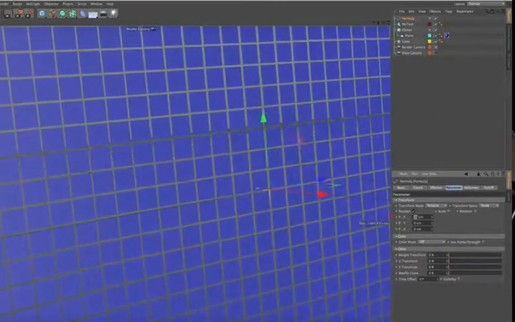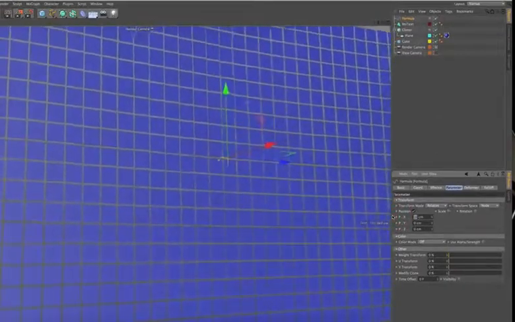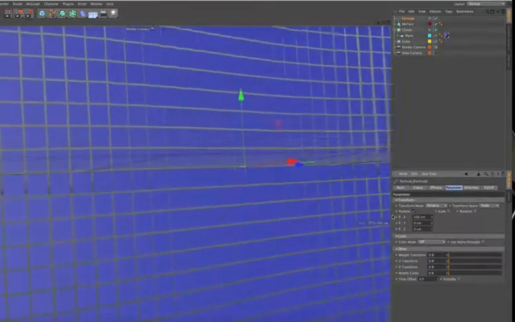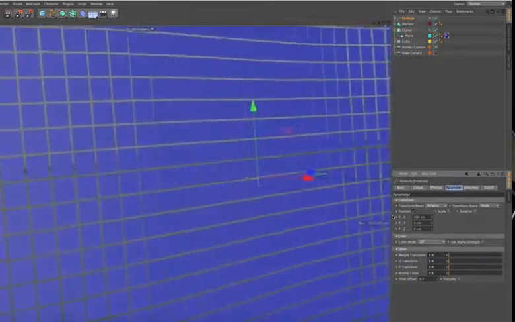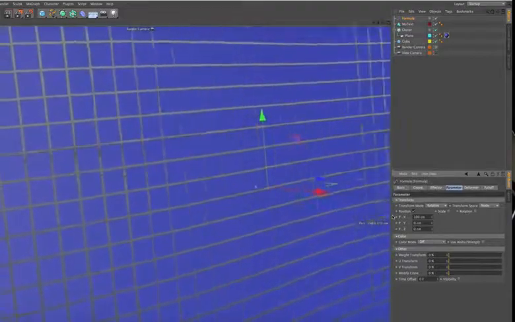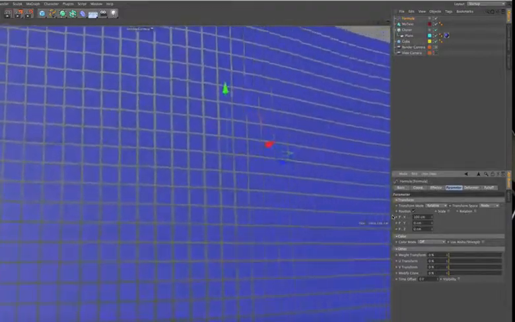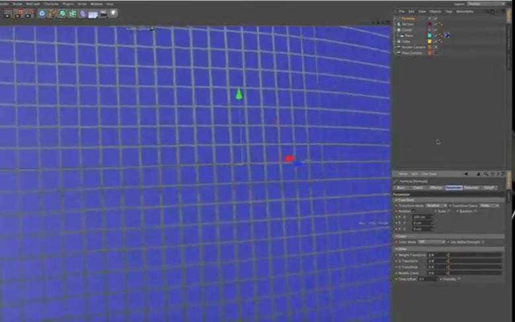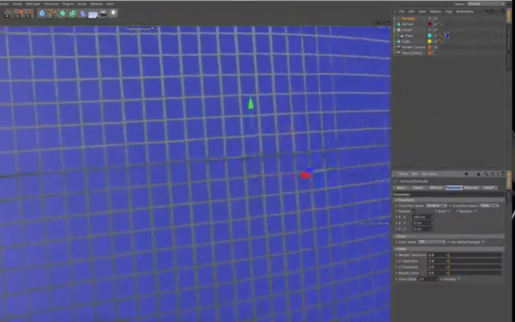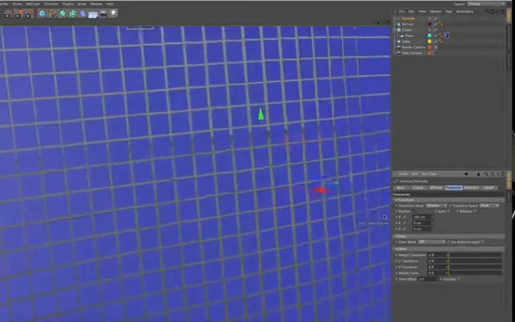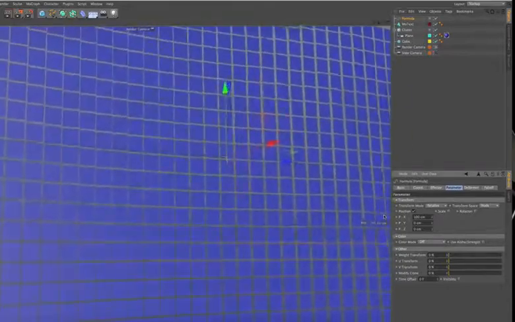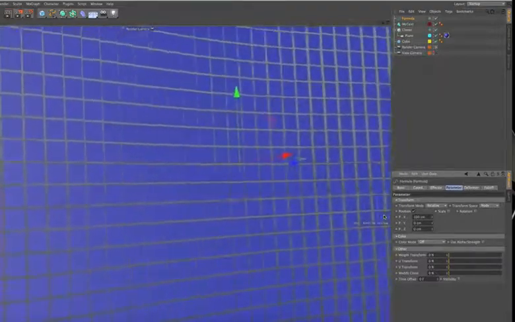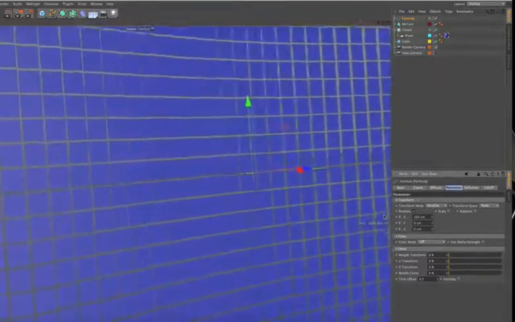I'm going to increase how far it's waving out. So let's just say 100 centimeters. Okay, so that's giving us a more significant wave, which is good. That's what I want, a more significant wave animation. But it's also much too fast. We want this to feel big, and big things don't move that quickly. So we want it to feel big, and sort of majestic in a way, like a big wave at the